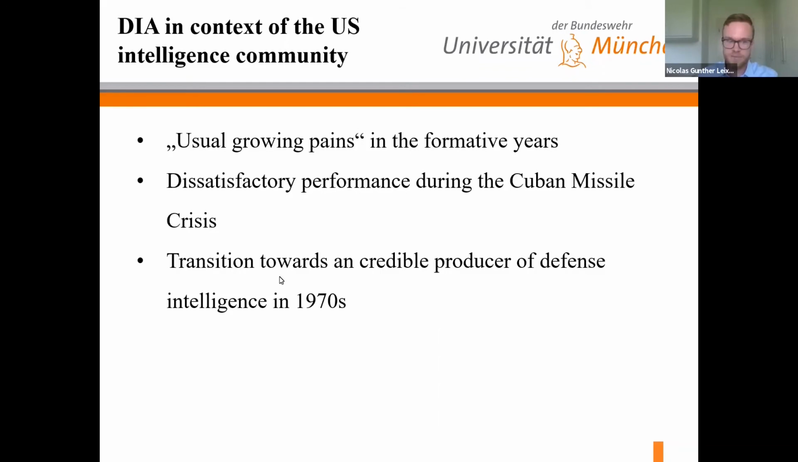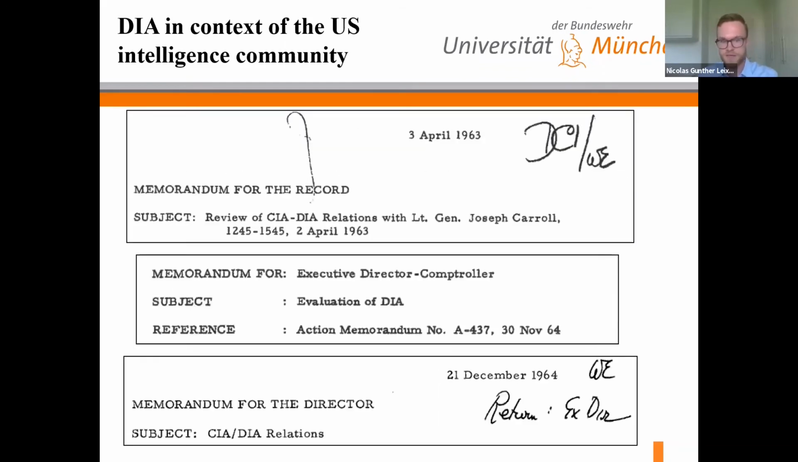This is also what shaped DIA's image within the wider US intelligence community at first. There were several clashes and controversies, which can be easily retraced using primary sources such as declassified documents and memoranda. Several that I used during my research process are pictured here. Points of concern were, for instance, bureaucratic struggles, the lacking performance of DIA, and differences in assessment, most notably for